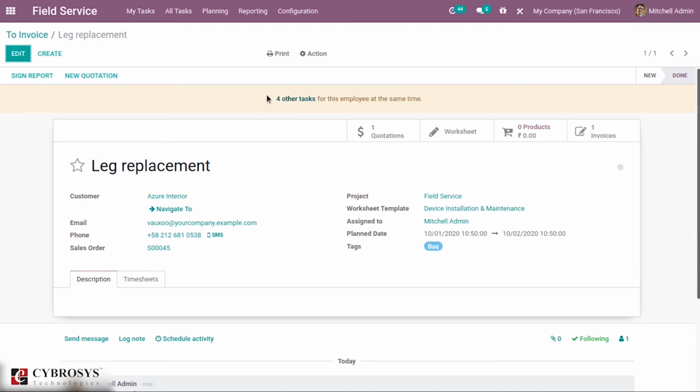Here you can see some change in other tasks, that is, before it was 4, and here you can see 3 other tasks for this employee.